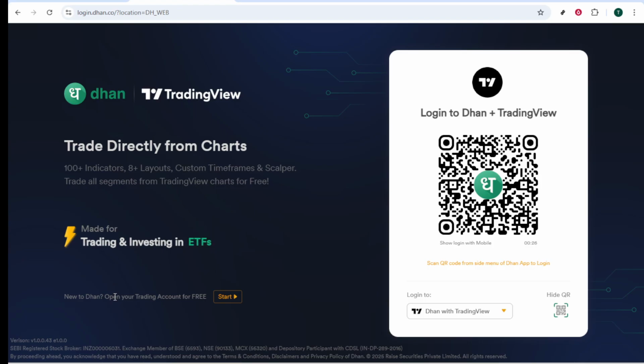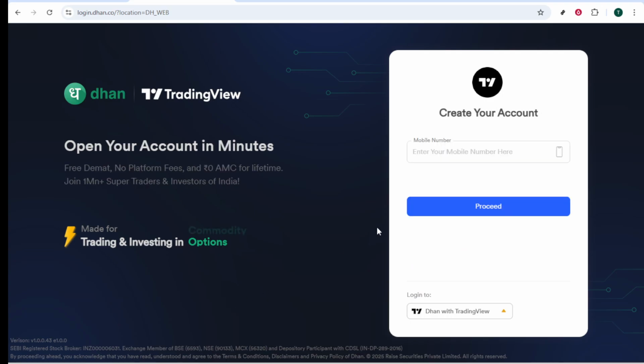With the chart open, it's time to log in. Use your Dhan account credentials to log in, which will enable all the integrated features we'll discuss today. Now that you've logged in, let's talk about some of the key features and how you can use them to